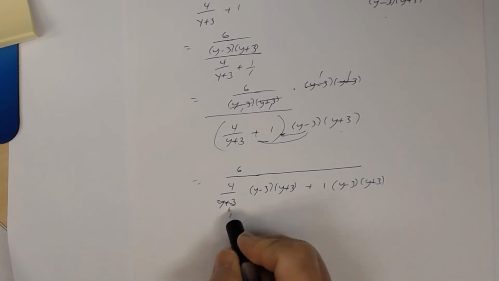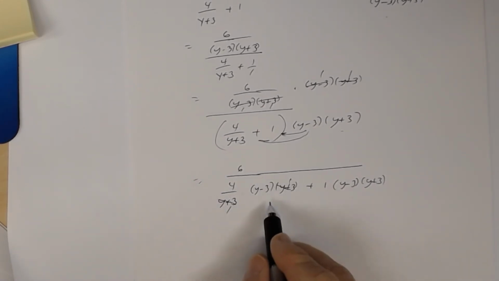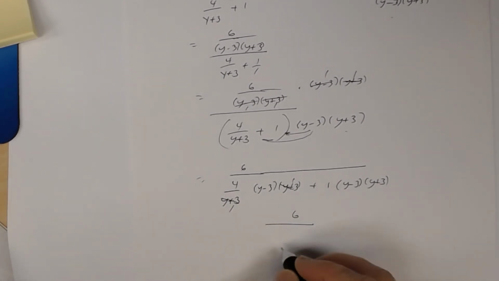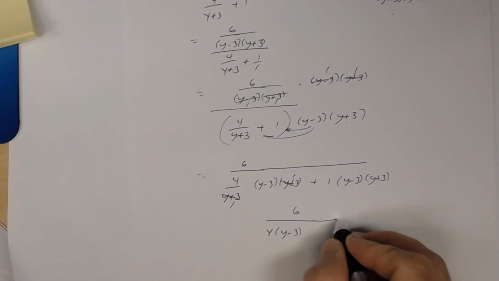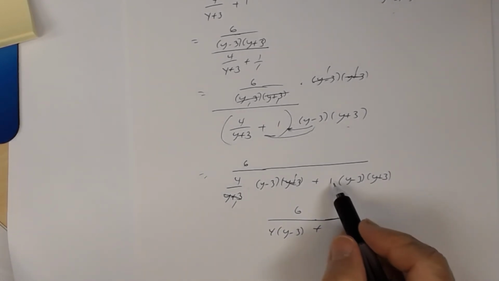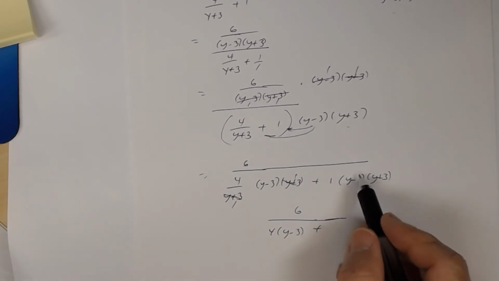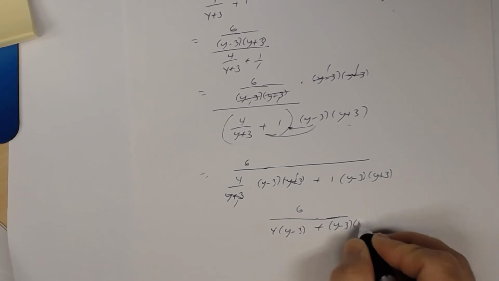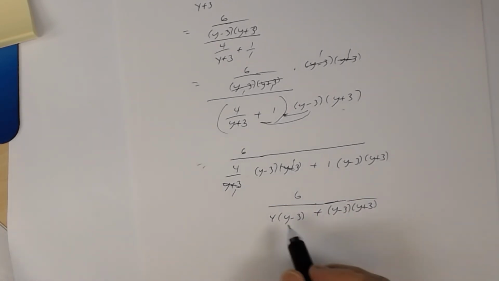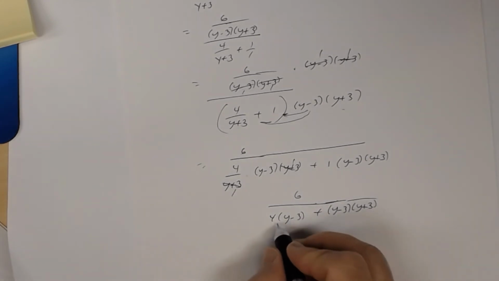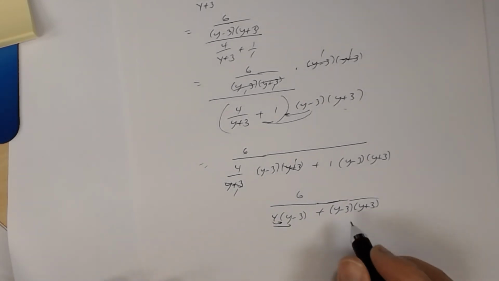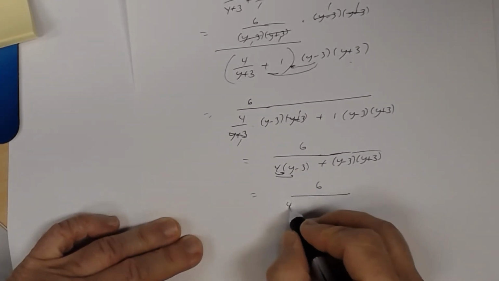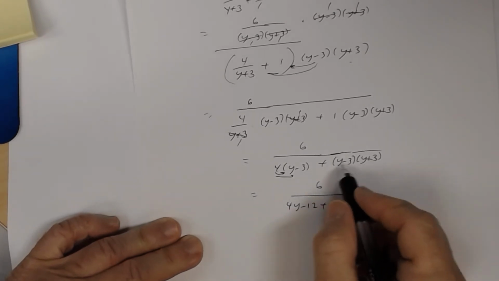Now, in the denominator, I can factor out the y plus 3's in this part here. So I get 6 divided by 4 times y minus 3 times 1. So I get 4 times y minus 3. Plus, and then do y'all agree that 1 times y minus 3 times y plus 3 is still y minus 3 times y plus 3? Okay. Now the next thing you're going to do is get rid of the parentheses in the denominator. So you can distribute here and you're going to FOIL this out. So I'm going to get 6 divided by 4y minus 12 plus, and if I FOIL this out, y times